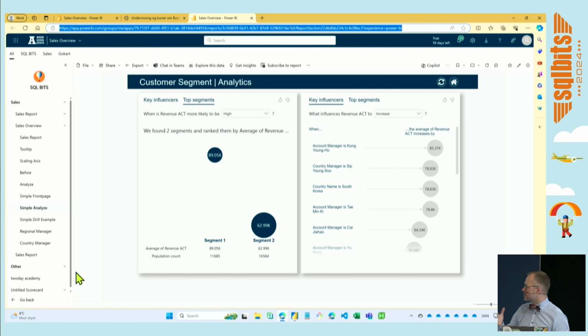But what would happen is this will always open up in a new tab. And this can be both a blessing and a curse, because if you do this navigation with all your pages, every time that you go to a new page, it's going to open up in a new tab. But it can also be a very good thing, because instead of doing this whole navigation pane here in the side,